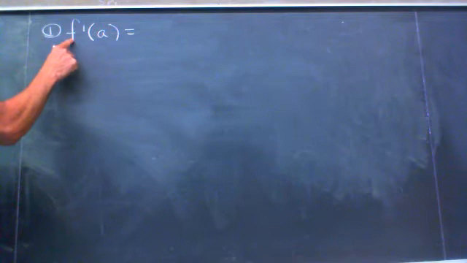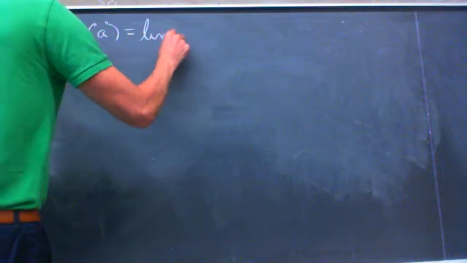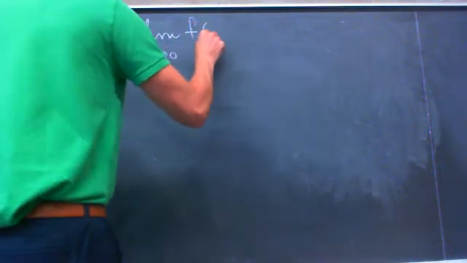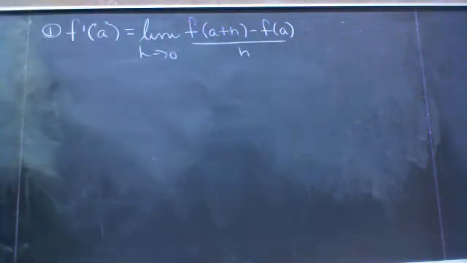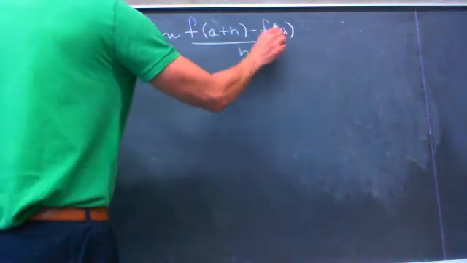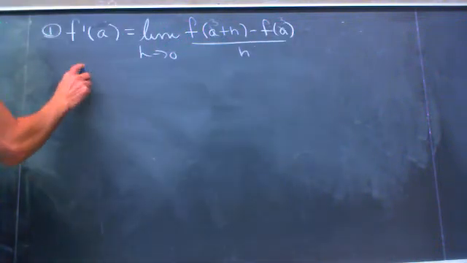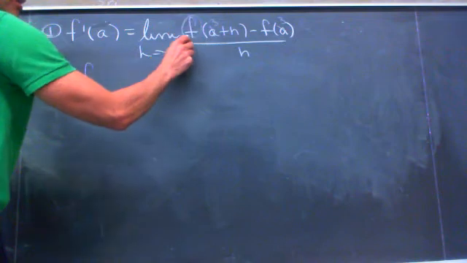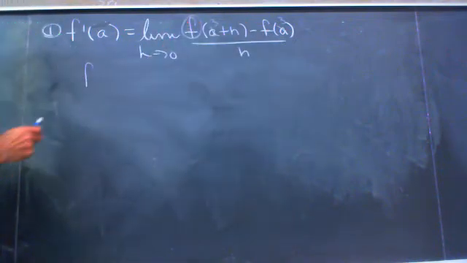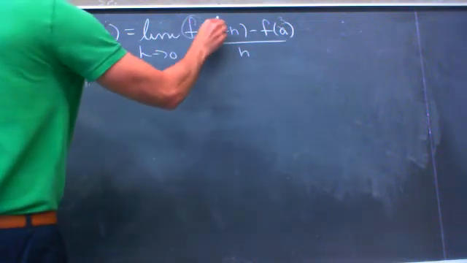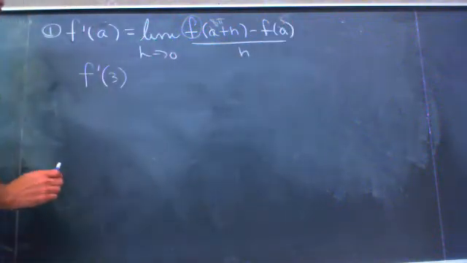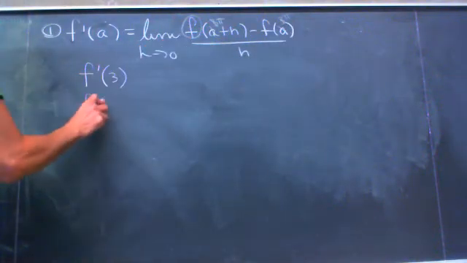The derivative of f at a number, call it a, is the limit as h approaches 0 of f at a plus h minus f at a all over h. Okay? So, notationally speaking, if this were a 3 in there, this would represent the derivative of this function, which would be f prime, at this number, say 3. If this were a pi inside of there, this would be the derivative of that function, which is f prime,